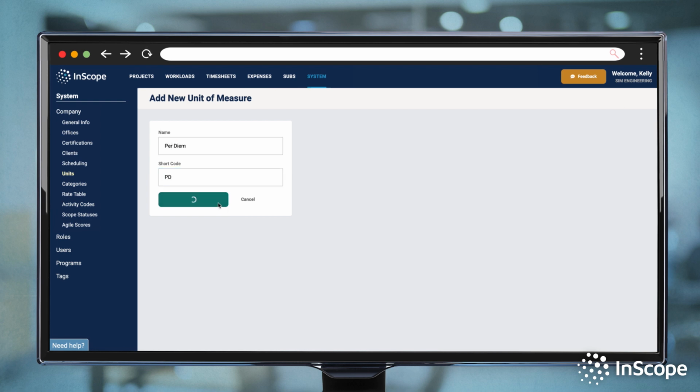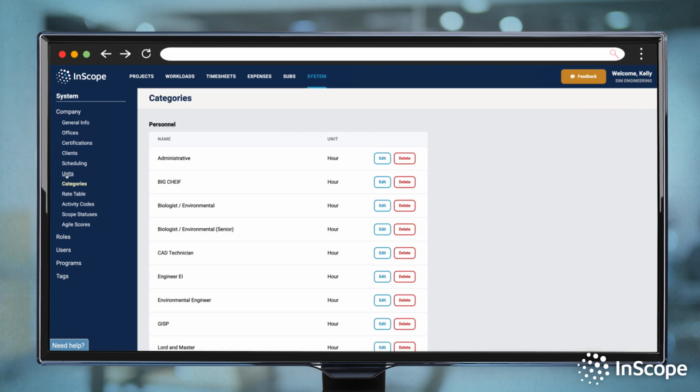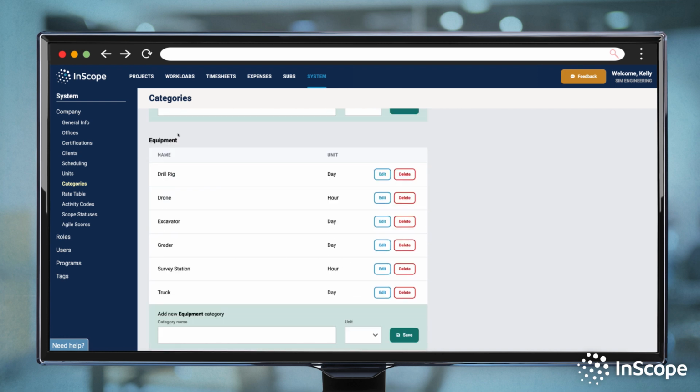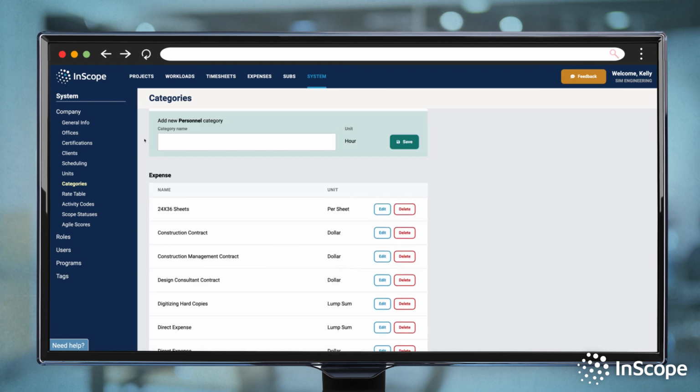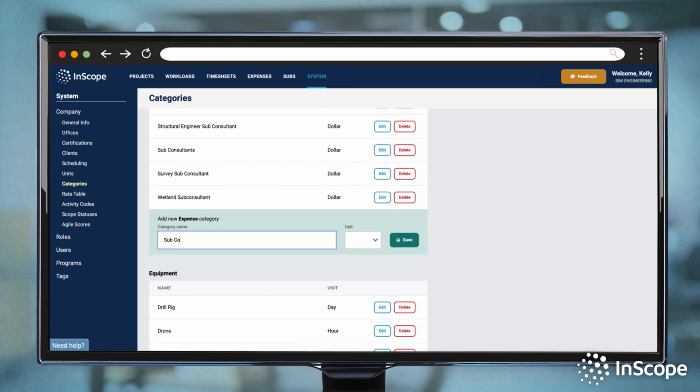You can also edit our pre-existing units for more control over how they appear in your rate table, which will be covered shortly. Now let's go over categories. There are 3 types to choose from: personnel, expense, and equipment. Let's add a subcategory to each section, such as project manager in personnel, sub-consultant in expense, and a truck in